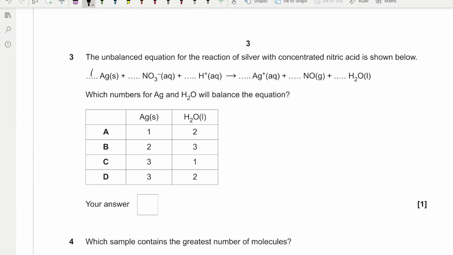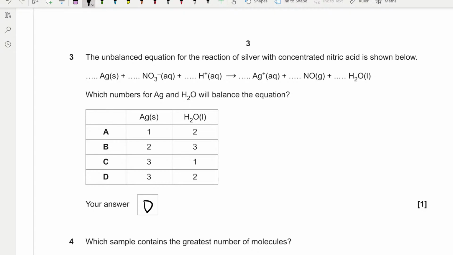So if we put 1 for Ag and 2 for H2O, we have to ask, does that balance the equation? And it balances for Ag, balances for nitrogen, it balances, but however it doesn't balance for oxygen because you've got 3 oxygens on this side. Oh no, it doesn't balance for hydrogen. It does balance for oxygen. So we know that A is incorrect, but in fact the correct answer is D,